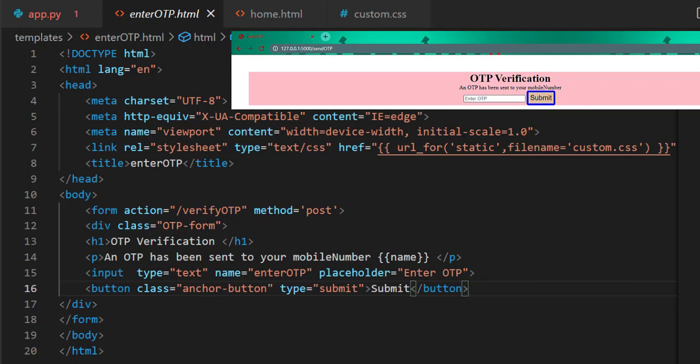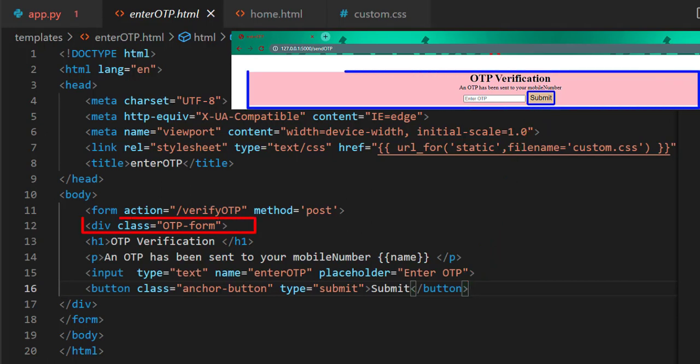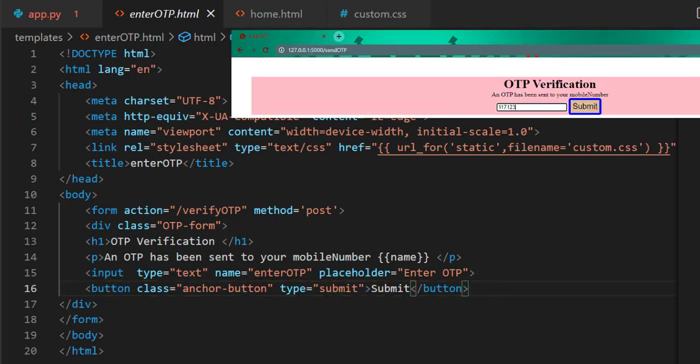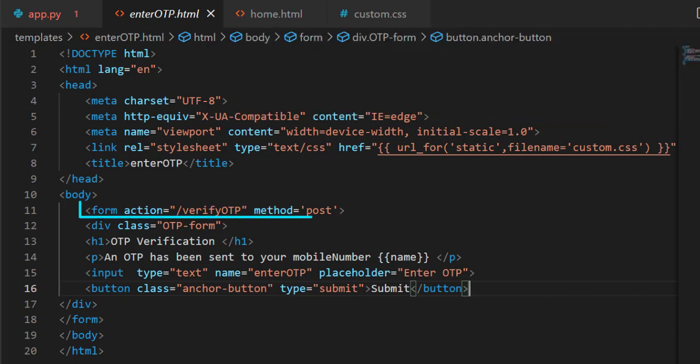In this page also we'll create a class is equal to OTP-form in div tag, and for submit button class is equal to anchor button. Let's assume user will enter OTP in this page. Next it has to verify, right? So in form tag written /verify OTP and selected method as post.